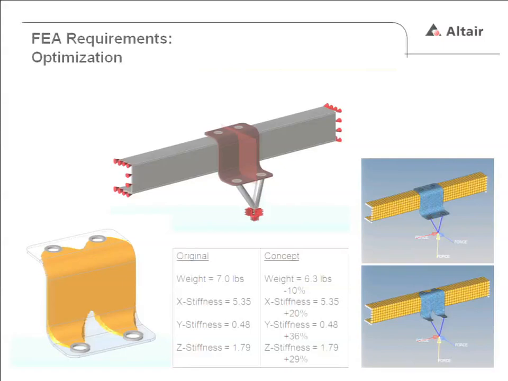But I like this example because instead of optimizing one part and cutting many pounds out of that part, they're optimizing many different parts and cutting just a fraction of a pound out of each one of them. So without saying too much more about this particular case study, there was over 100 of these brackets that needed to be optimized, and somebody figured out if they could just take a couple ounces out of each one, it would be a major cost savings. So anyway, that's really briefly how we use